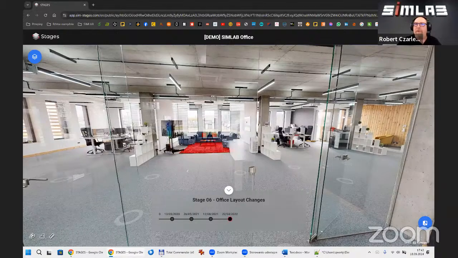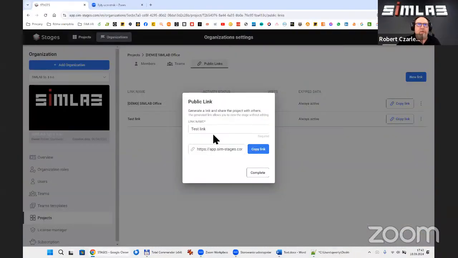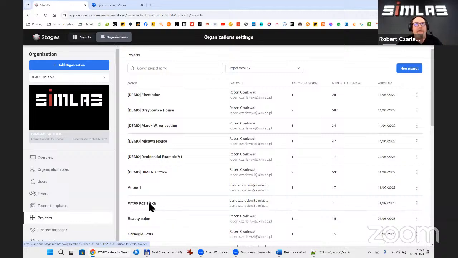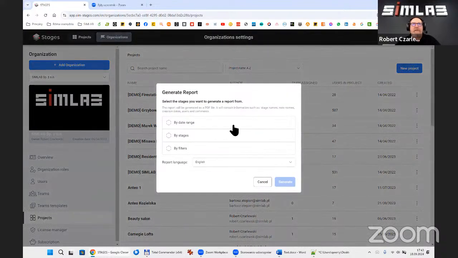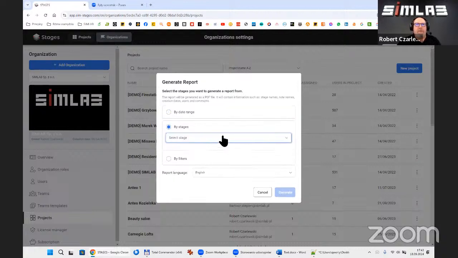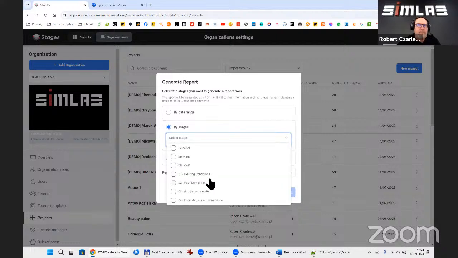This was the public link, but I would also like to tell you about generating a report, which is related to the notes. To generate a report, we are still operating in the organizations tab, and from the same menu at the end of the line with the project, we can choose the option generate report. If I click this option, you will see that I can generate this report under different criteria. So I can set up the date range for the notes, or I can set up the stages. I can use every particular stage to create a report or select all, for example.